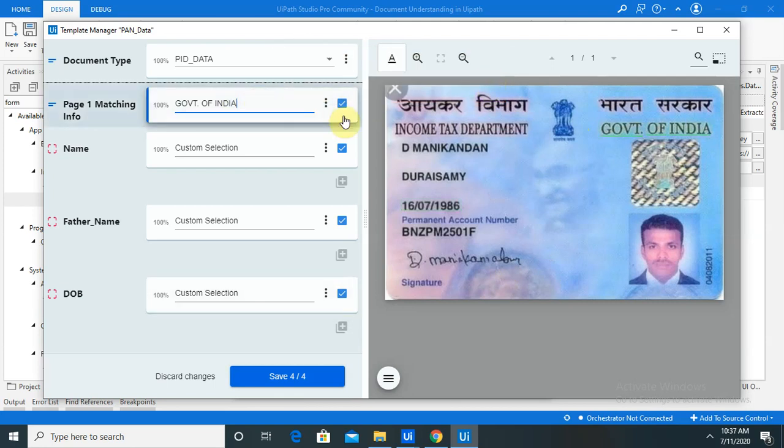Okay, so we need to select some more data. So here I am going to add some more fields like, we will need 5 identifiers for this.